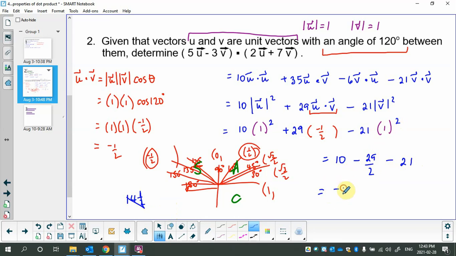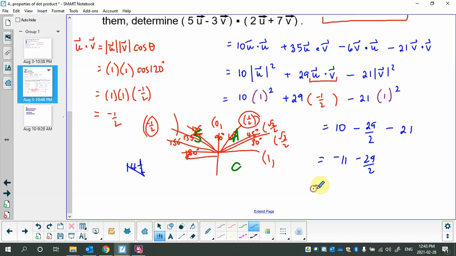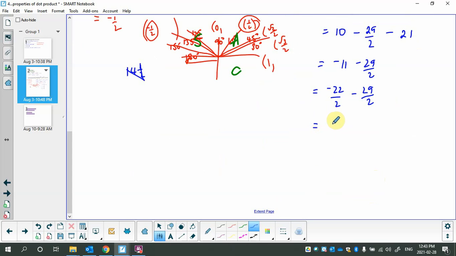So that's negative 11 from my whole numbers. It's negative 22 over 2 minus 29 over 2, which is negative 51 over 2 for the answer